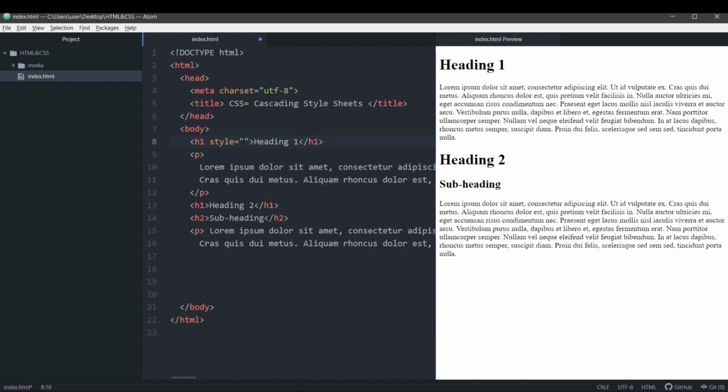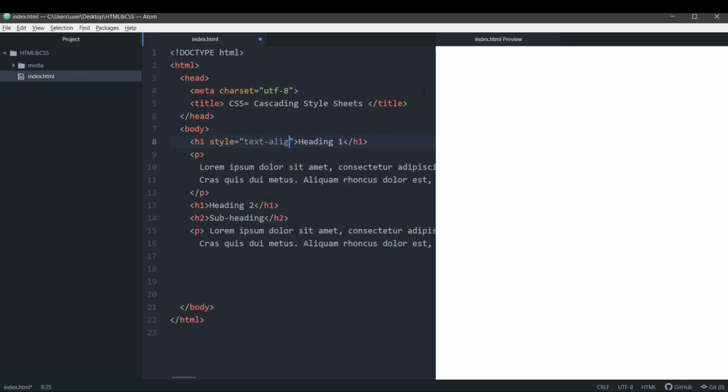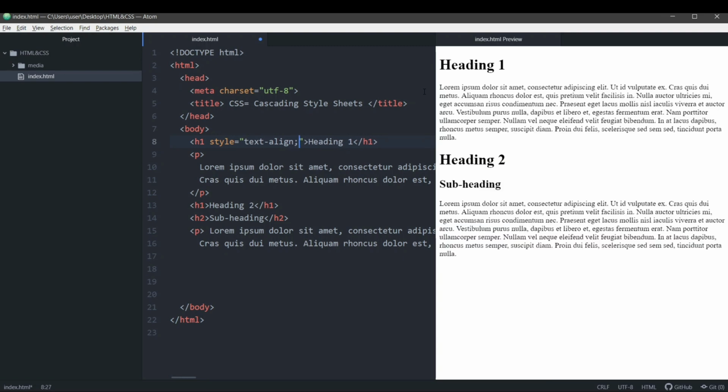Inside this we'll write the property that we want. The property we're going to use to align our text is called text-align. Then we'll write a colon, give the value of center, and add a semicolon. As soon as I complete this semicolon, you can see that my heading has shifted to the center.